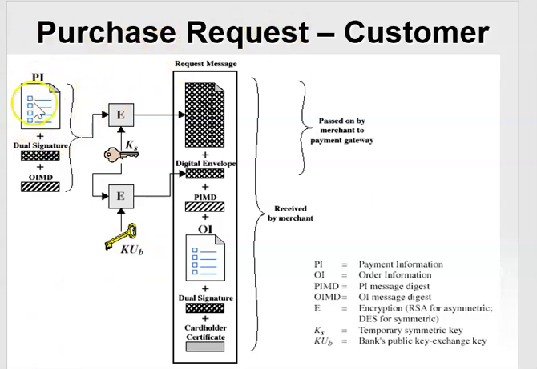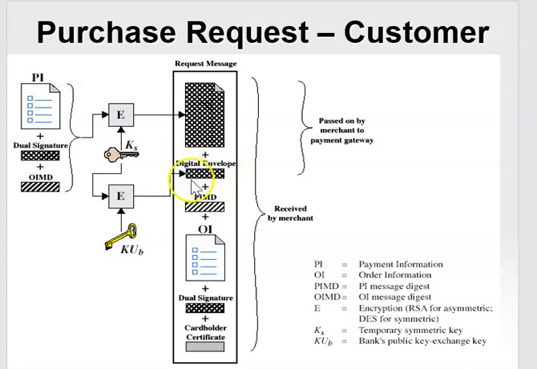Now the payment information along with the dual signature and the OIMD, that is the order information message digest, all these are being encrypted using the session key, which is again encrypted using the public key. So there will be a symmetric key which will be called the session key, with which all of the information, PI, dual signature, and OIMD, will be encrypted, and this is the encrypted message. Now the KS will be encrypted using the public key of the receiver, and then this will be called a